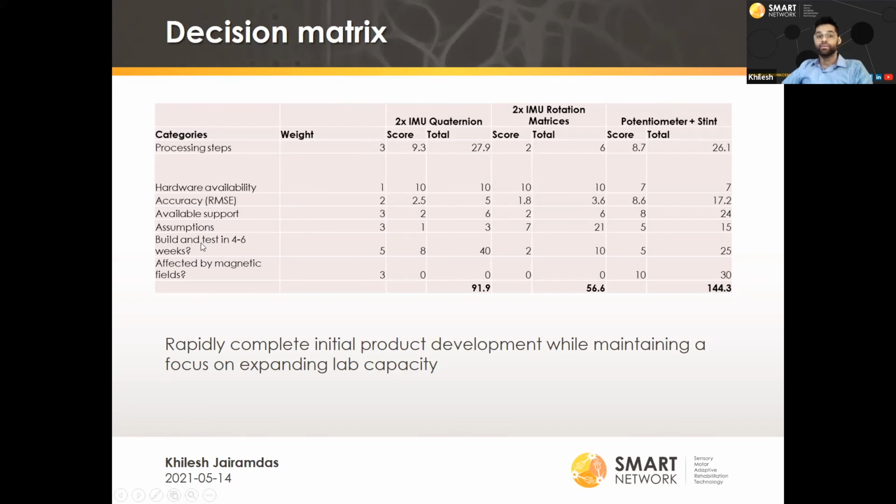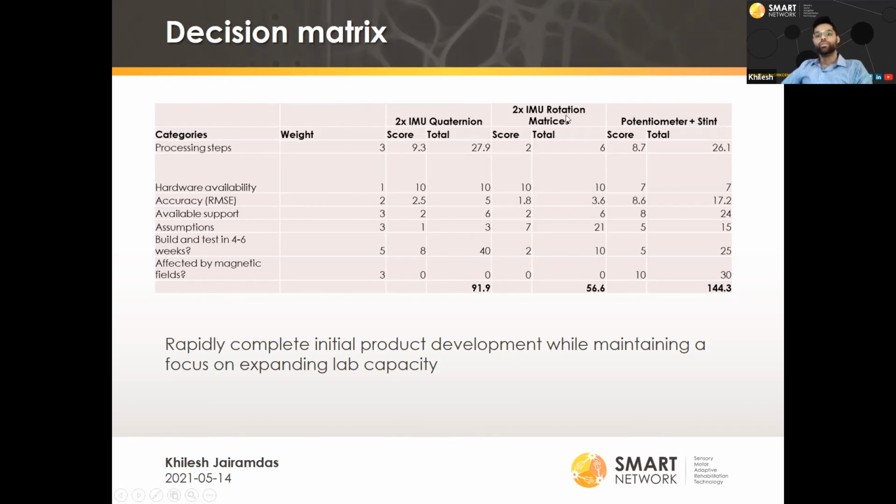And is it affected by magnetic fields? Yes, it is, and I just went for a binary 0 to 10. High numbers are good here, so this one just got a binary 0. It could be affected by magnetic fields, and in fact, I saw somebody who was trying to do the same thing with their IMUs, and they were having issues that they surmised was probably magnetic fields. So I'm not sure how much of a problem it is, but as per the criteria, as defined, that gets